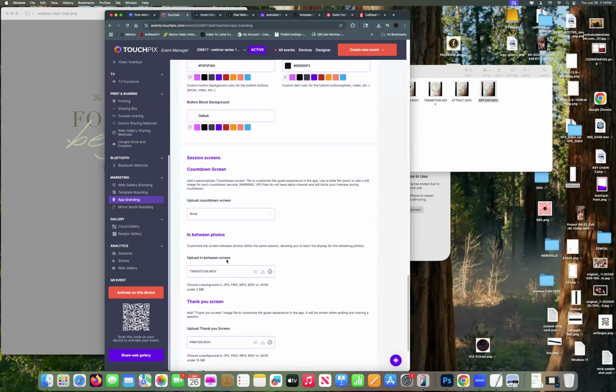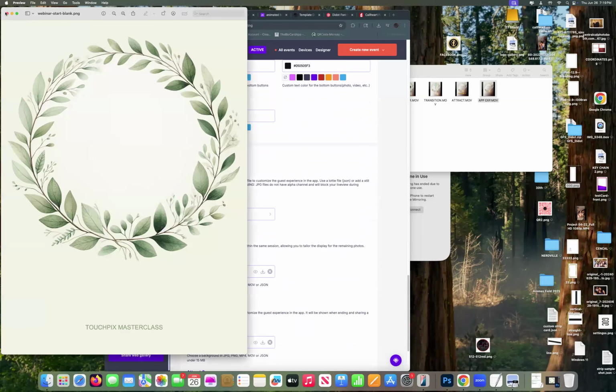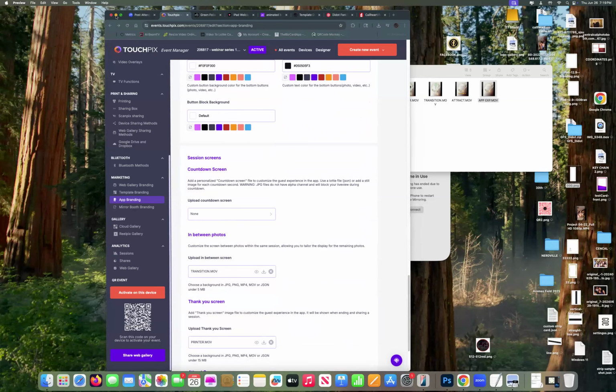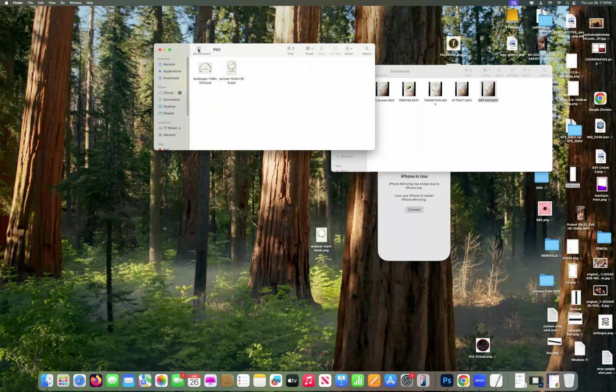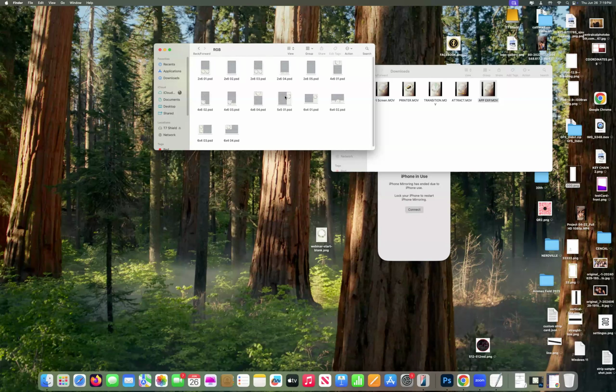Lastly, what I want to show you is the overlays, right? How to do custom overlays to match your theme. Again, it's very similar to what I just showed you. If you're using a template service such as Template Booth or Photo Booth Talk or Pick Studios, whatever you choose, you're going to want to go into the PSD files. If you're using Photoshop, you can use the PNG files as well, but it gives you a bunch of different options. I'm just going to show you the way I do things with